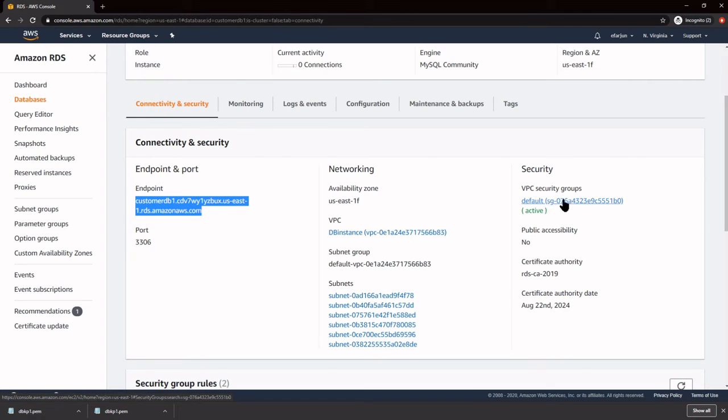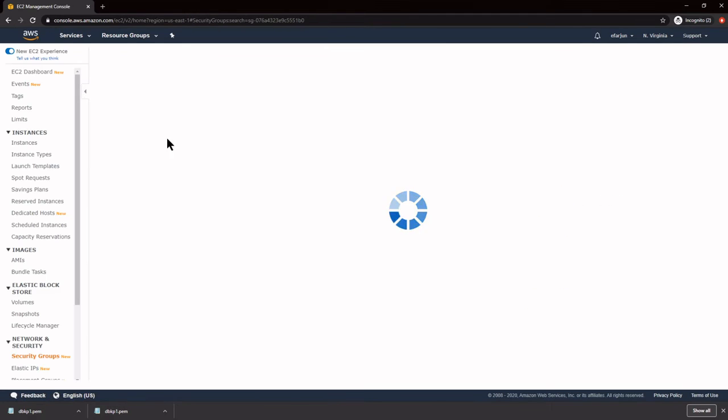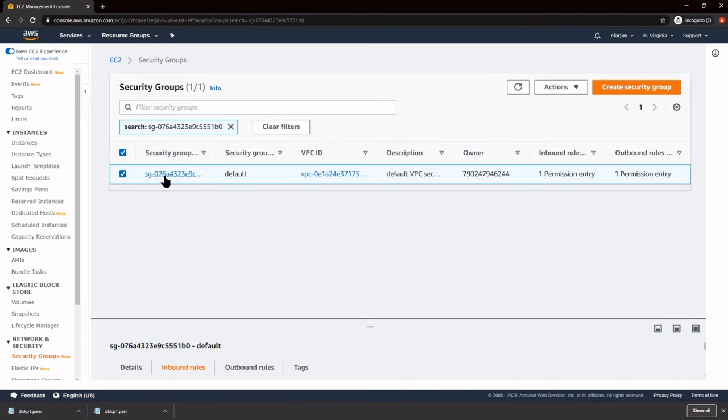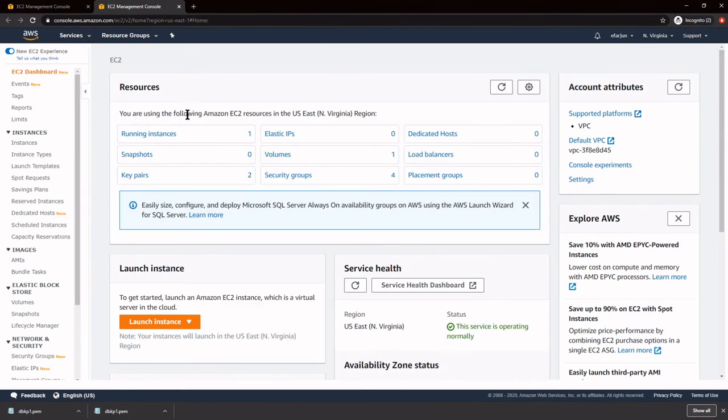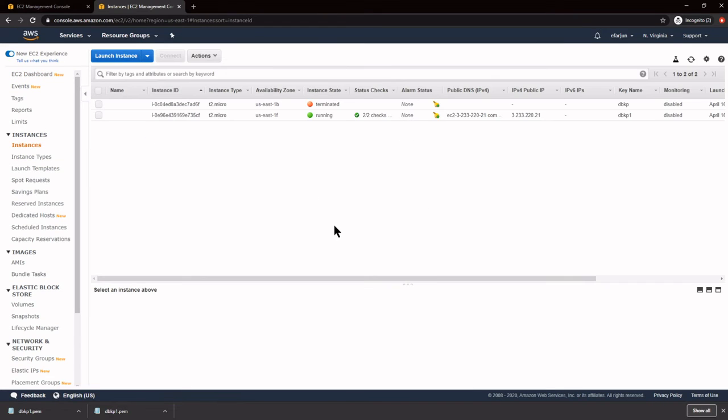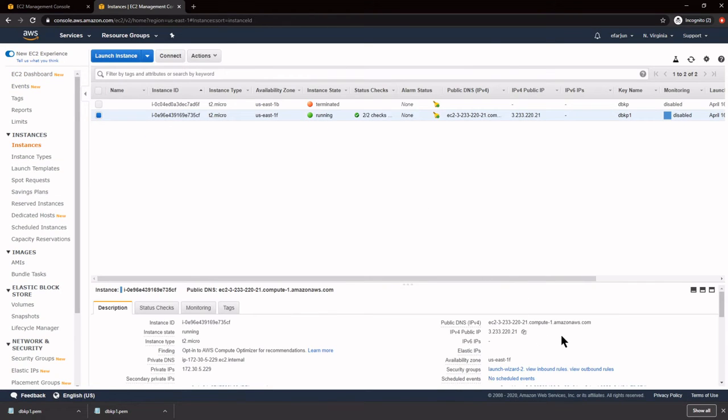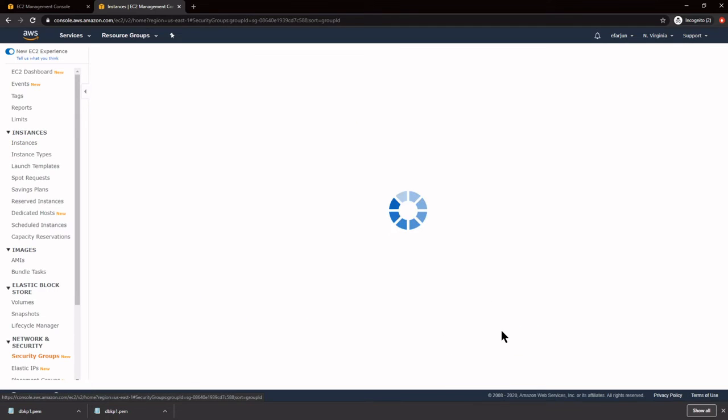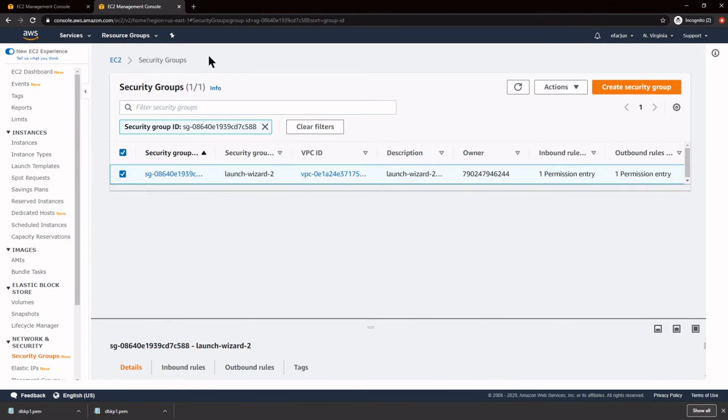Here we have our VPC security groups. So this is the security group for our DB instance. And I'm going to open up a new tab with our EC2 dashboard. And I want to look at the security group for our EC2 instance here. So it's in Launch Wizard 2, which does not look like the same security group. So I want to take this security group here, SG-086, and